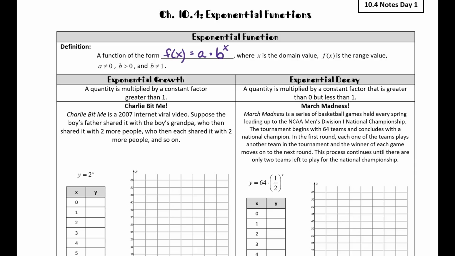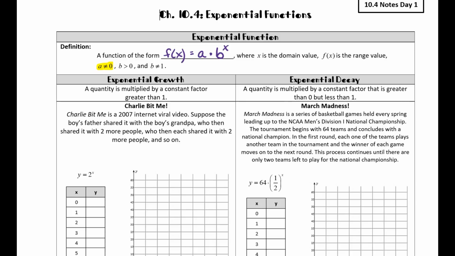So this looks very different from our linear function, which would be y equals mx plus b. This is the first time we've actually seen an exponent be our independent variable. Now, with that comes a couple of stipulations on what our values for a and b can be. So, for example, a can never equal 0. And the reason is because this would not be an exponential function, it would actually be a linear function,